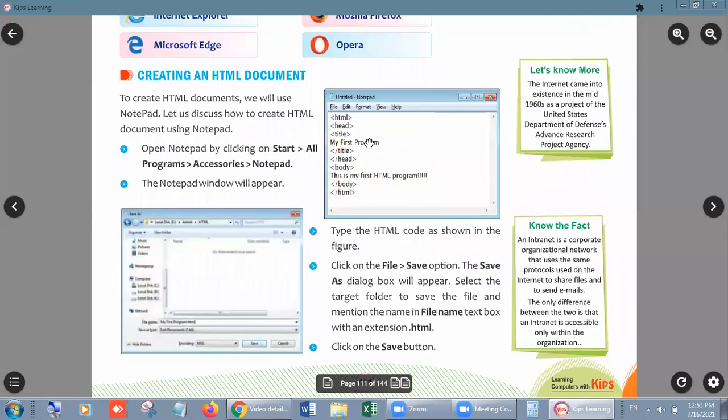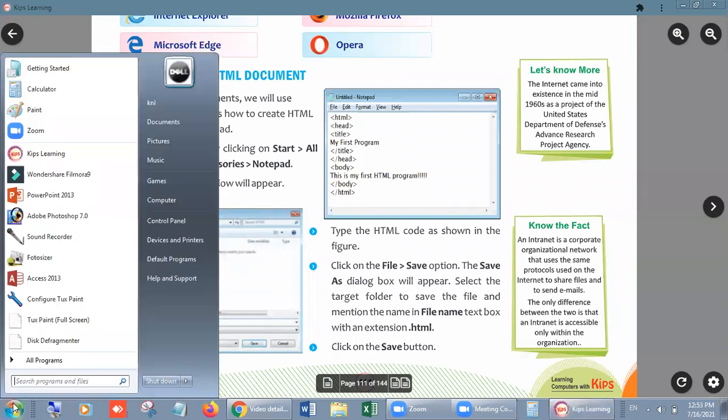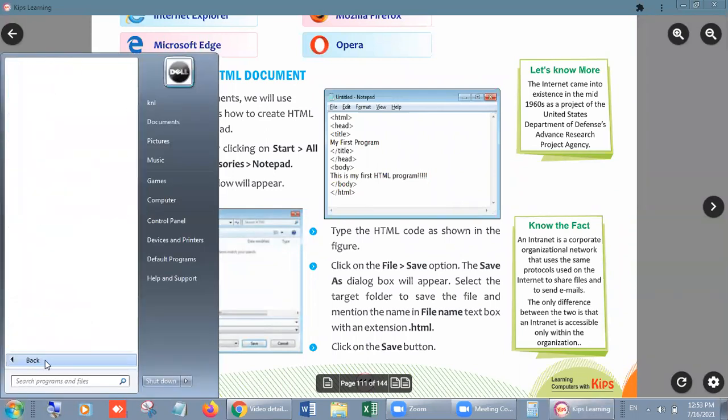Now, creating an HTML document. Here we are starting how we can write an HTML document. In front of you, I am going to open Notepad first of all, and after that, I will show how you can start to type a program. First of all, go to the Start button, then All Programs.